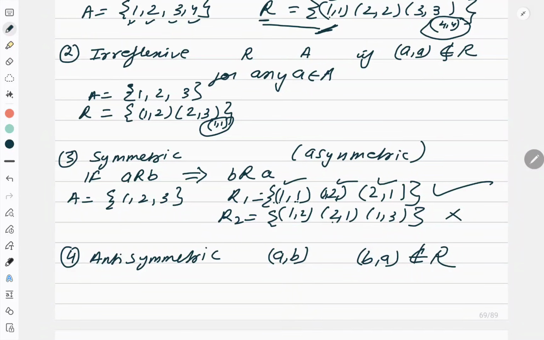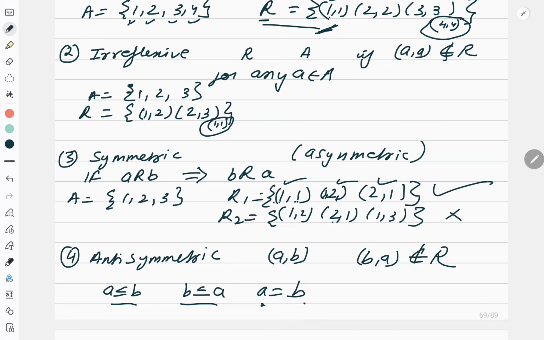For example, less than or equal on the set of all real numbers is an antisymmetric relation, because if I say A is less than or equal to B and B is less than or equal to A, then A is equal to B always. So here is one more definition of antisymmetric: this is possible only when both are equal. It should be emphasized that asymmetric, that is not symmetric, and antisymmetric relations are not the same. A relation can be both symmetric and antisymmetric. A relation can also be neither symmetric nor antisymmetric. So you have to take care of that.